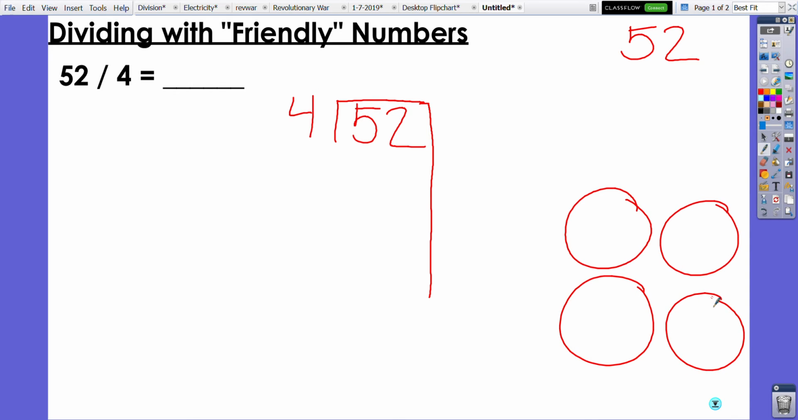So one way I could do this is I could just count out 1 student per team until I got